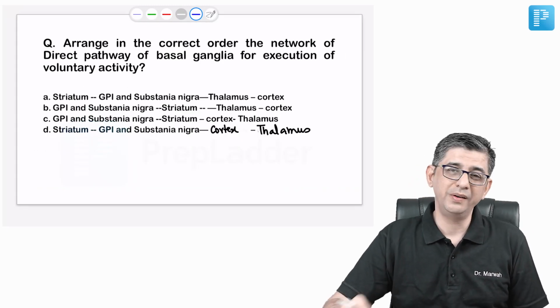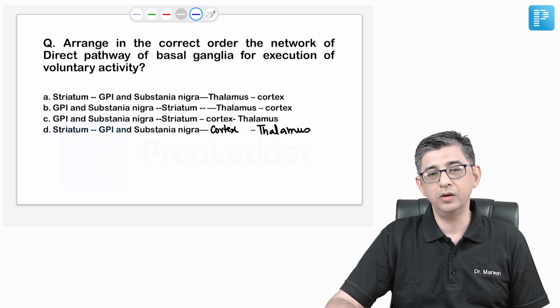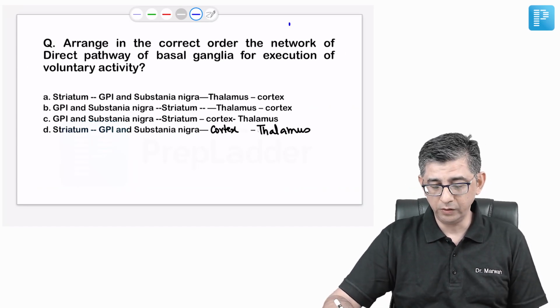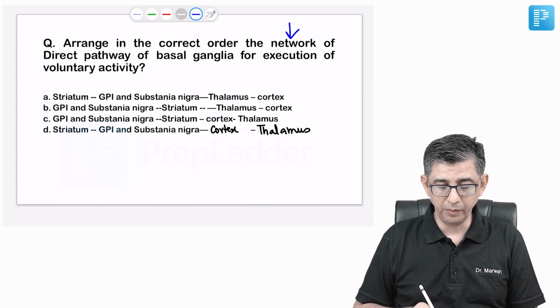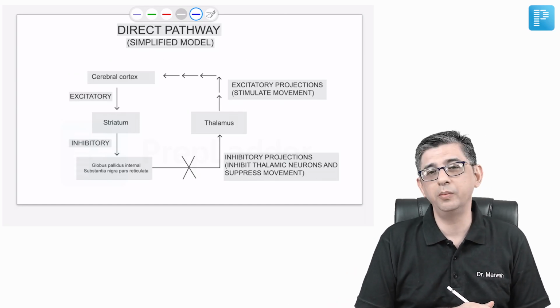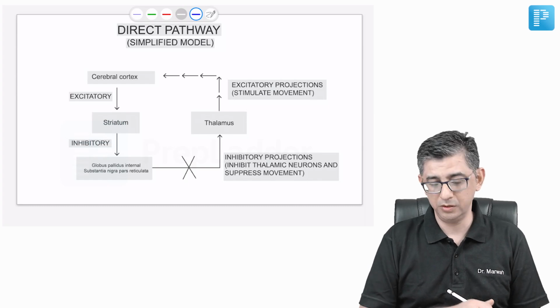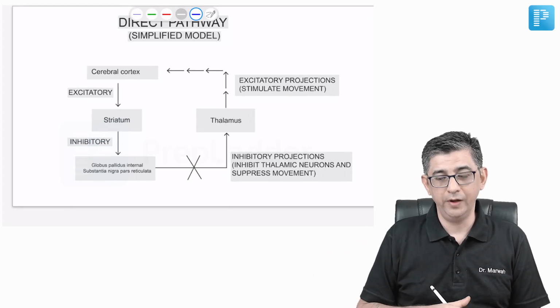This question is the traditional INI-CET kind of a question, where they usually ask you to arrange things in a particular order, and is asking you the network of the direct pathway of the basal ganglia. So let's have a look at the diagram before we come back to the options here. One, from physiology, inhibition of an inhibitory pathway will always cause a stimulation. So now let's look at, if I want to write something before you on this slide, then my cerebral cortex